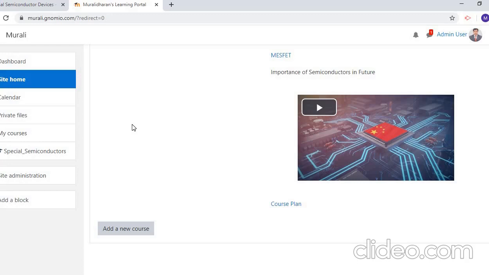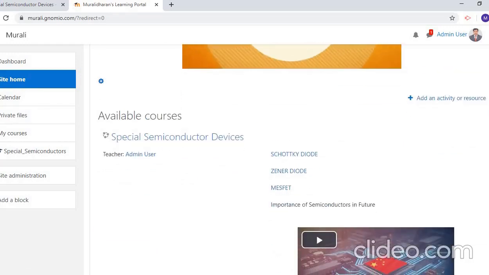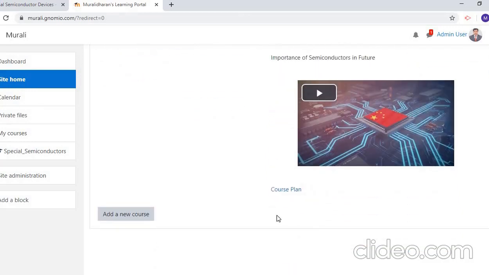After inserting this, come to your site home, the course is displayed here, and the file course plan is there. Click on that and you will go to the course plan.